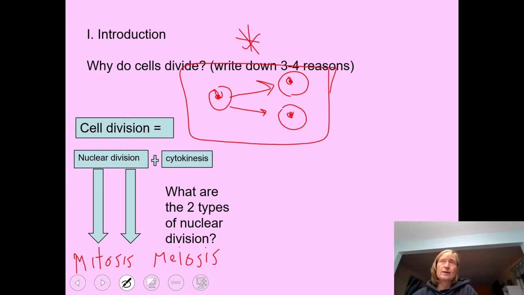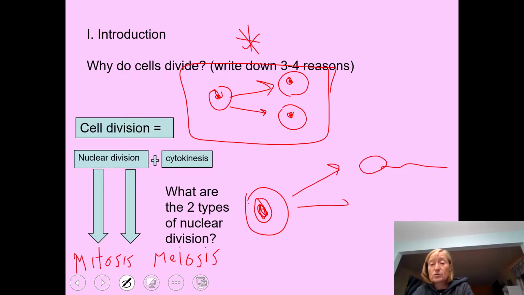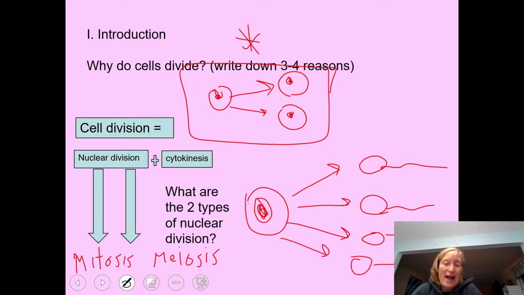Meiosis occurs during the formation of gametes, the formation of sex cells like eggs and sperm. And in meiosis, one cell with its genetic material, right, gives rise to four genetically different offspring or cells. These are genetically different, and they have half the genetic material as the original parent cell. I'm going to draw four sperm cells to remind us that we're making sperm or making eggs, okay? And these sperm and egg have half the genetic material of the original parent cell.